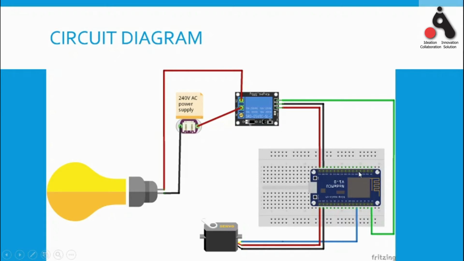So in this case my NodeMCU will provide 5 volt supply from VIN if I power the NodeMCU from the USB cable. So it depends on how you power your relay module, but in my case it works. So VIN and ground are basically powering this relay module, and as soon as a low signal is detected